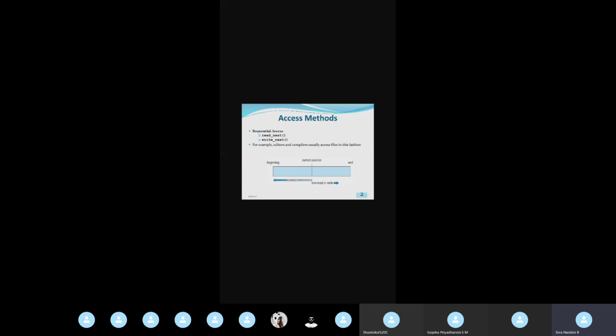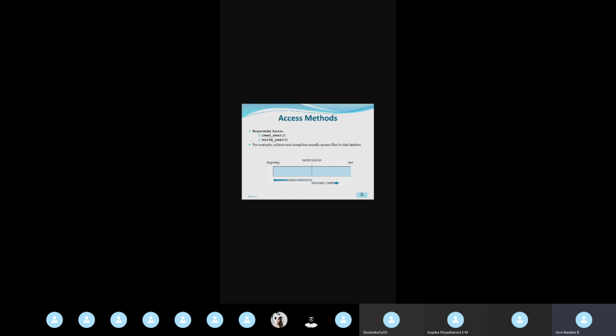We can also read as well as write here using sequential access. Read means the processor gets data from that position. Write means the processor writes some data or sends some data to that position, that is write. Okay, so in sequential access we can go either in the forward direction or in the rewind direction.